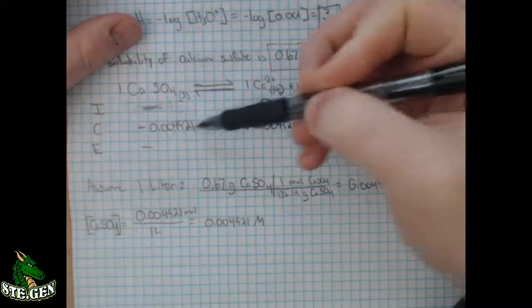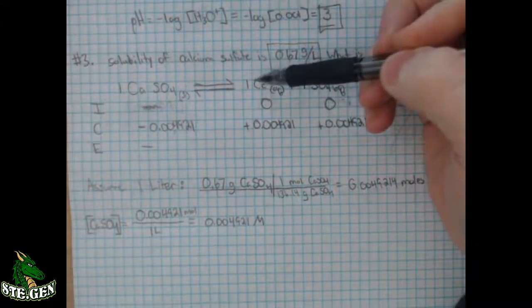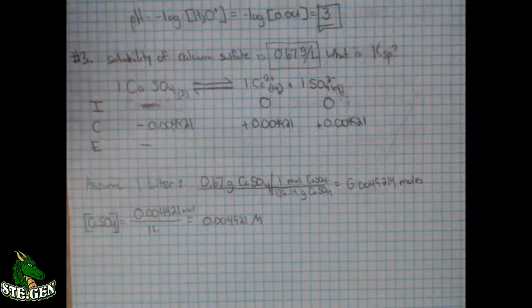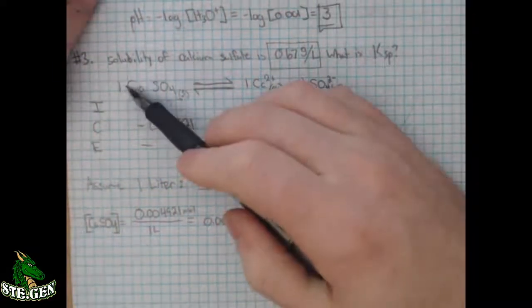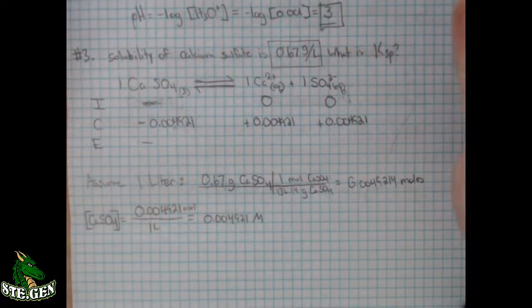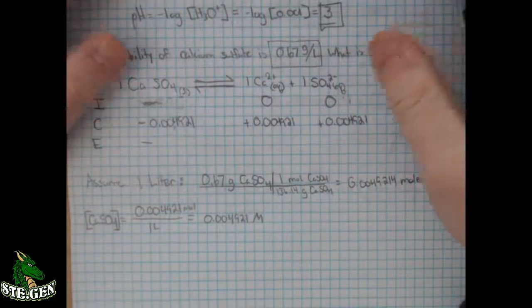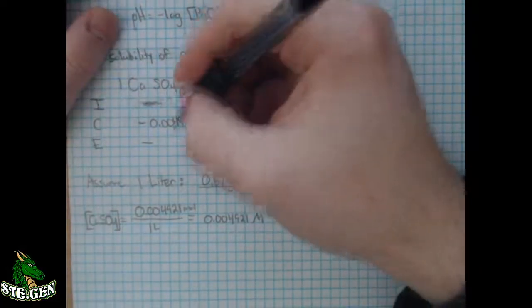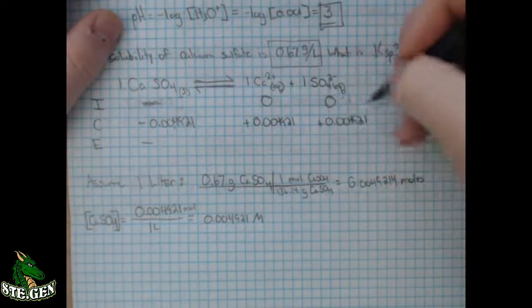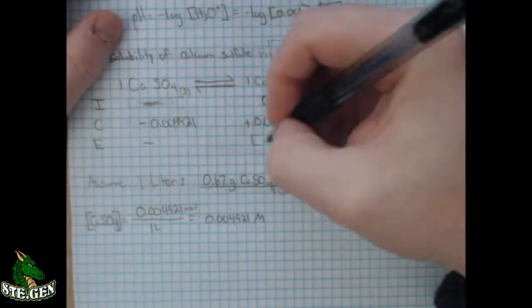So we just take 1 times that number. If this would have been 2, or if this would have been 3, we would have multiplied it by 2, multiplied it by 3, or whatever the situation needed. Or if this would have been multiplied by 2, and these would have been 1s, we would have divided it by 2. So this scenario works no matter what it is. But our point is that since this is how much was dissolved, that must be how much of this stuff was created, and that means our final concentrations are